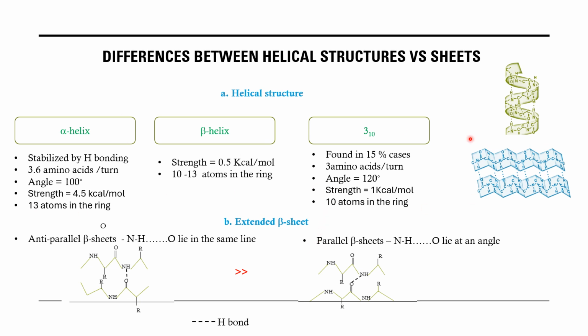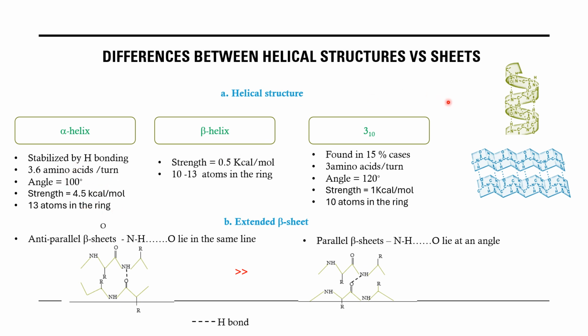In this slide, I've tried to highlight the differences between helical structures versus sheets. Under helical structures, we have three types of helices: alpha helix, beta helix, and 3-10 helix. Alpha helix is stabilized by hydrogen bonding. It's the most stable form found in proteins, as the strength of the hydrogen bond is around 4.5 kilocalories per